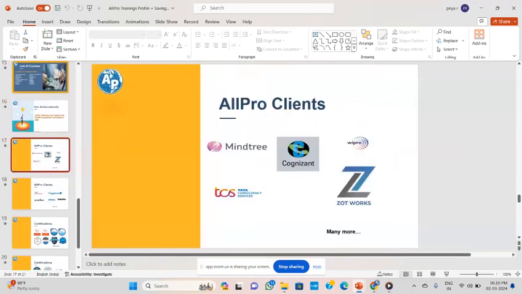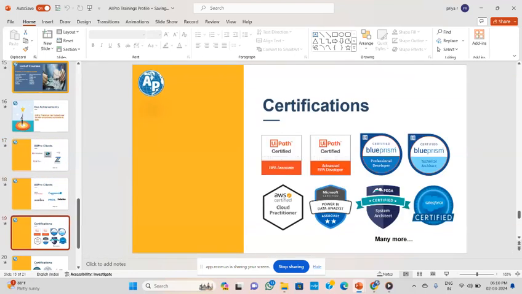AllPro Trainings has trained over 25,000 plus professionals, with clients such as Cognizant, Mahindra, Capgemini, and Accenture. We also offer certification training for UiPath, Blue Prism,